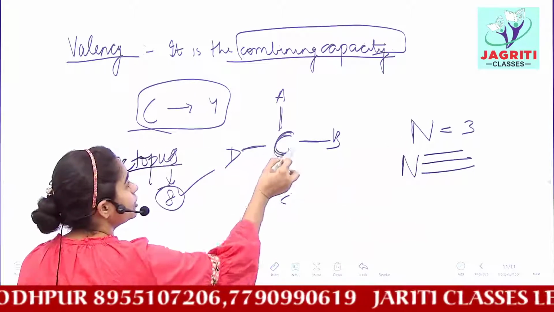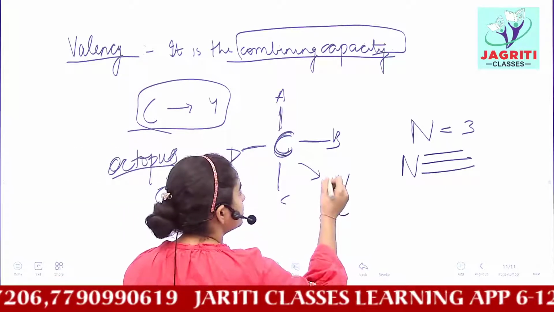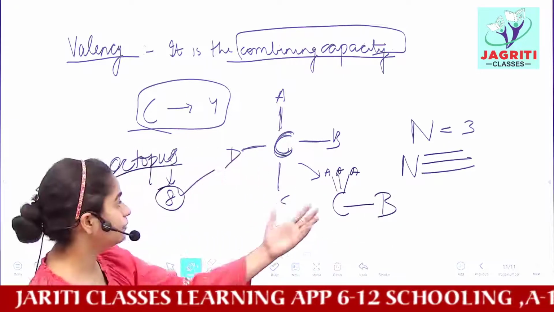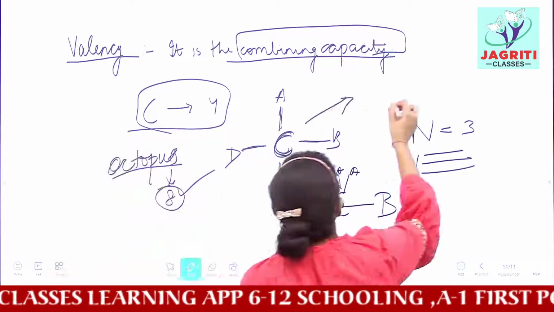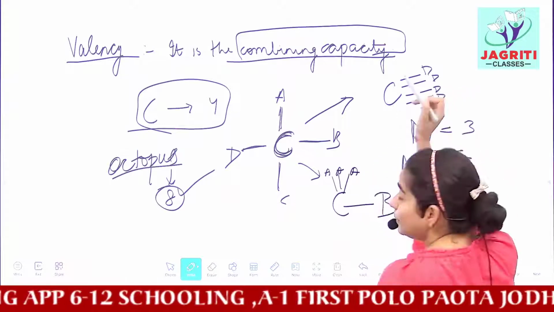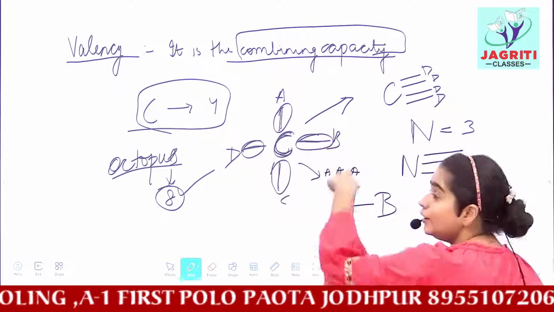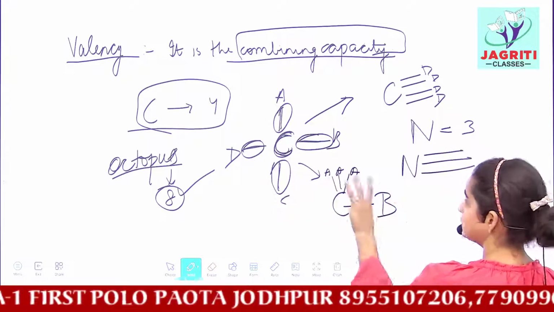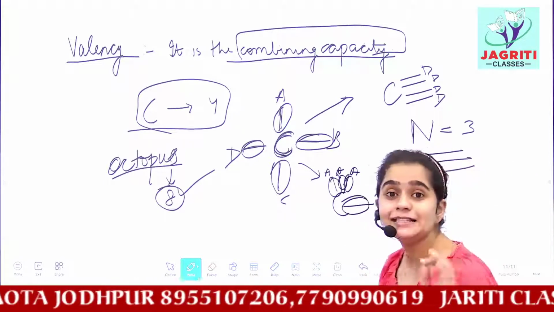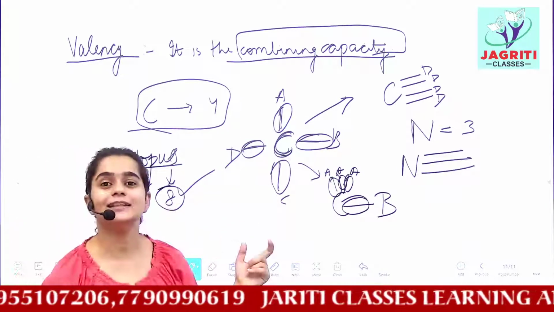In this, carbon can join with 4 different atoms, or 3 hands of carbon may be joined to the same atom and the one left hand joined to a different atom. It may even be possible that the carbon is joined with all 4 bonds to the similar atom. But valency means every time it will make 4 bonds, either with 4 different atoms or with 3 same and 1 different, anything. But it will always form 4 bonds. So the valency of carbon is what? The valency of carbon is 4. This is what you mean by the term valency.